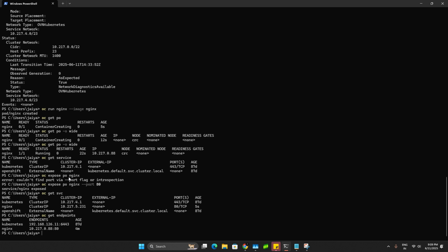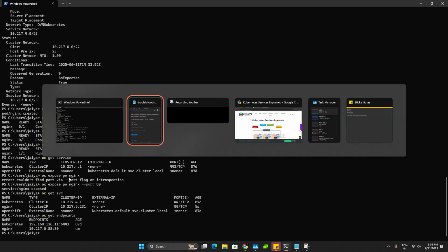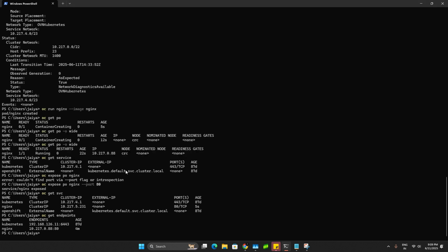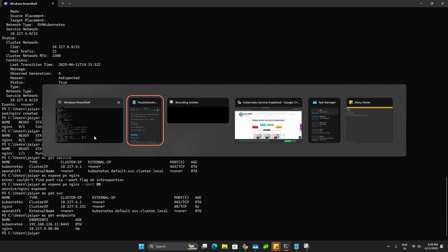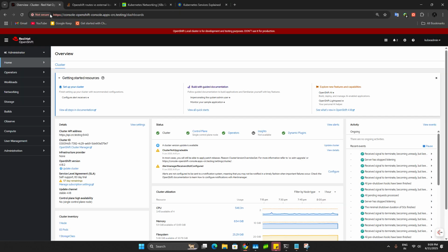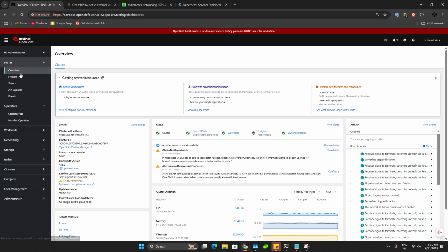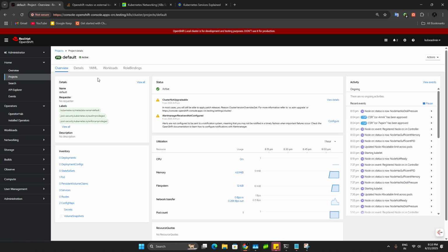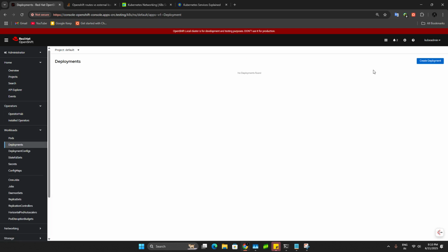Now we go for the declarative. We will create a deployment. It will be easy to understand also. Usually it's a good practice, and that is what happens in companies also. They will create deployments. That's the way. So we will do that through the console. We will deploy one deployment. In this default project, we'll go to Workloads, Pods, Deployment, and create a deployment.